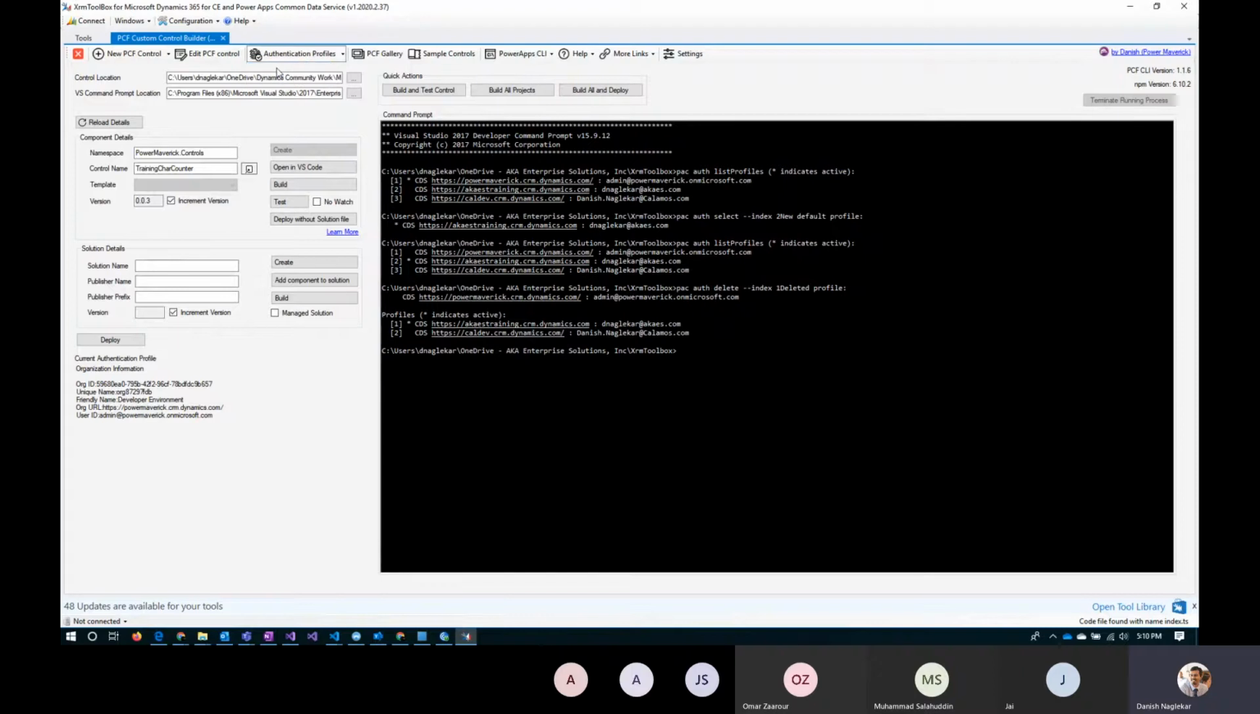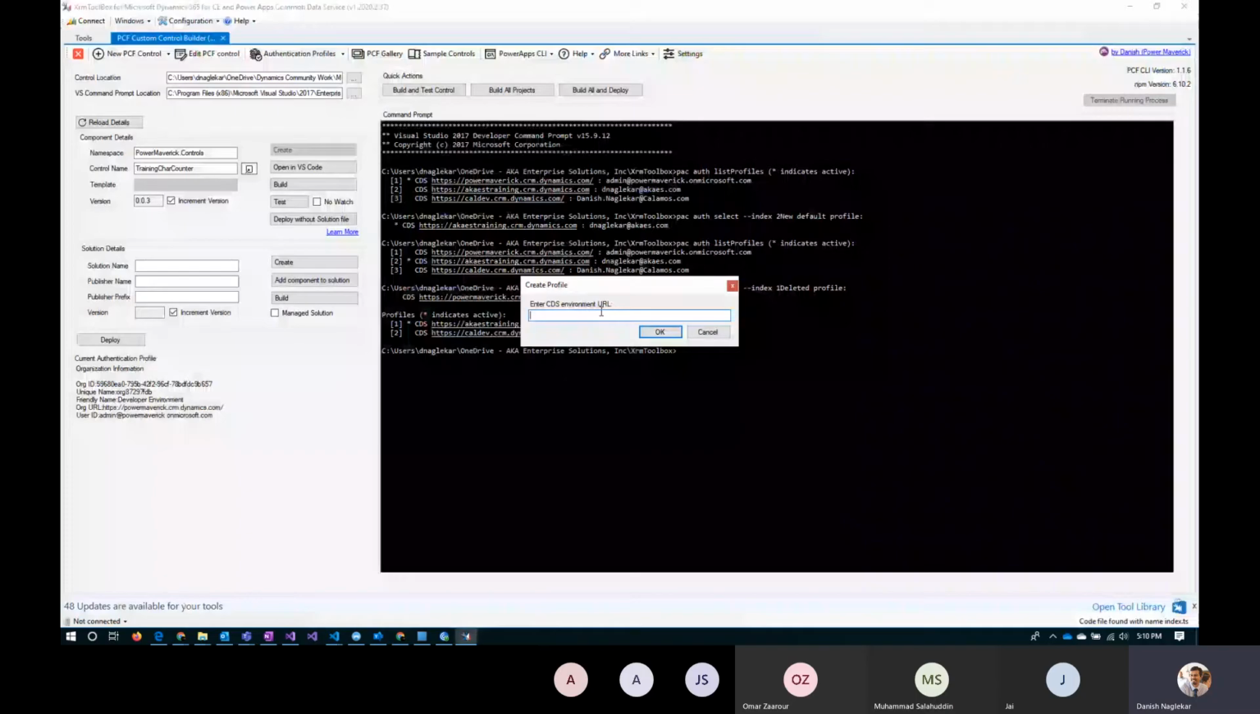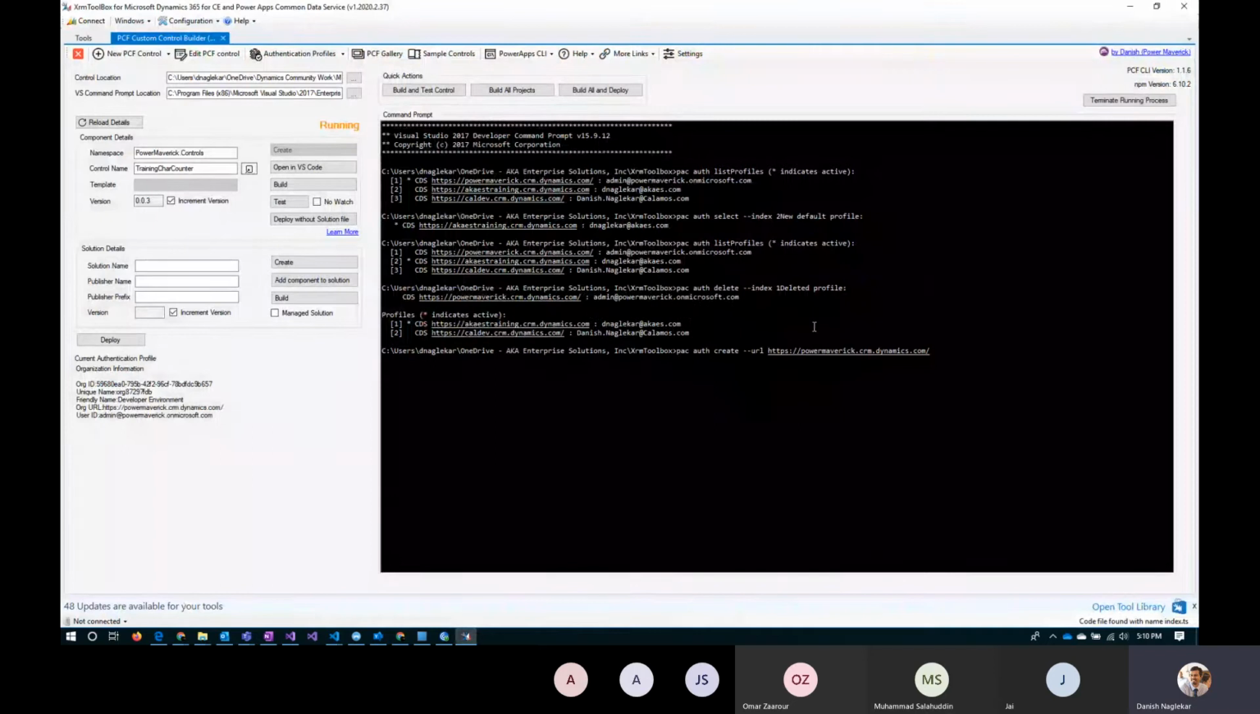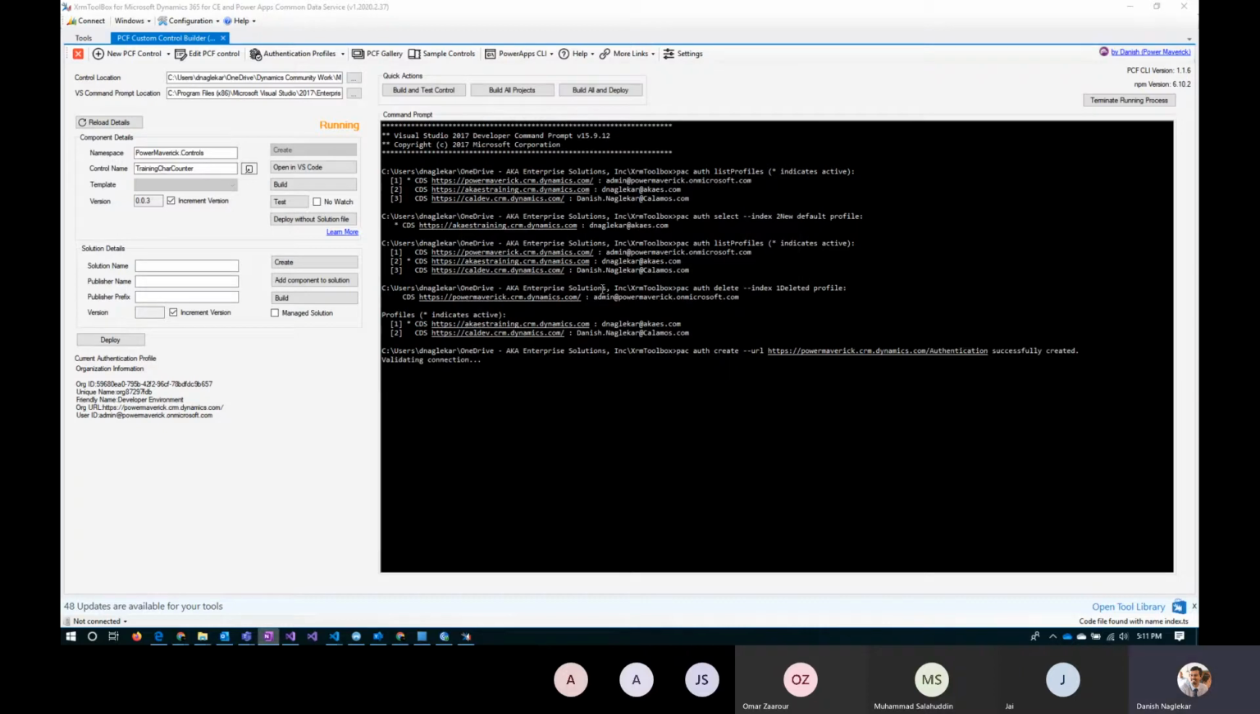I can go and create a new profile. If I go and create a new profile, the only thing that I need is my URL. That's the URL that I need. I'll say OK. Once you initiate that, it would give you a pop-up for you to enter your username and password. So I'm going to enter my username and password, which I keep forgetting. So that's my username. Enter my password. Once you enter that, it would tell you that it was successfully able to create the